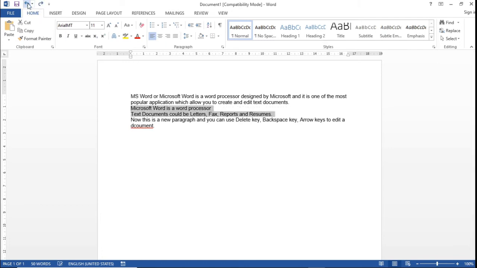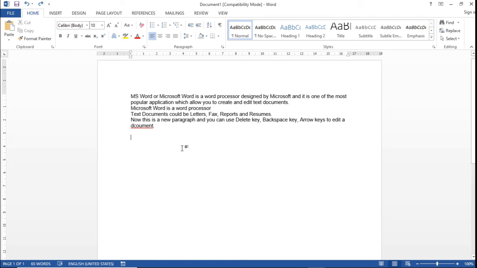You can also make use of shortcuts to use cut, copy and paste, and even for undo and redo. So, you can select the text and just press Ctrl C. Instead of going to this command, I can just press Ctrl C. The text is copied, and place the cursor where you want the text to be pasted.